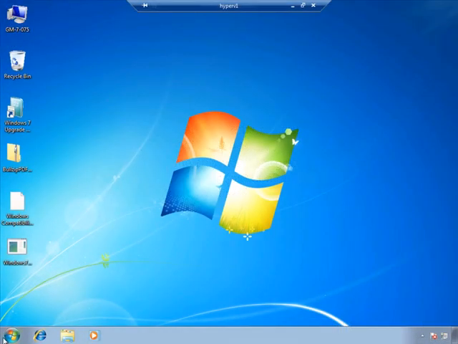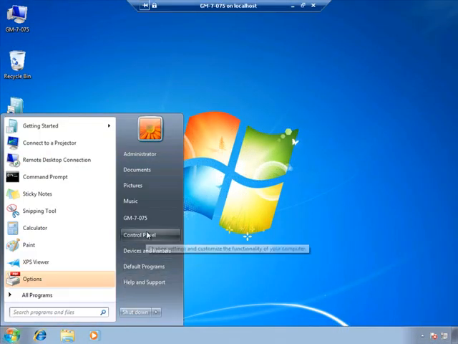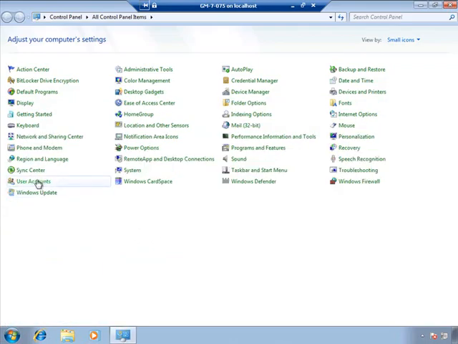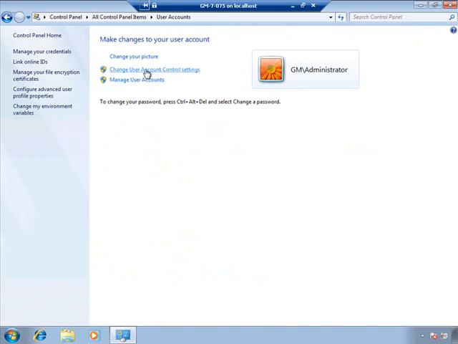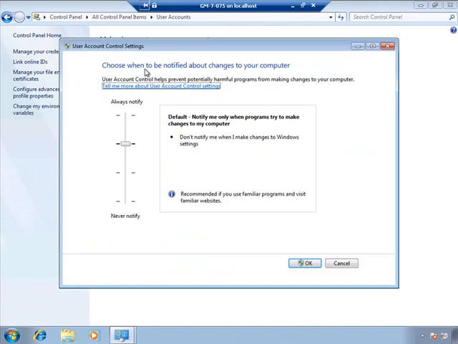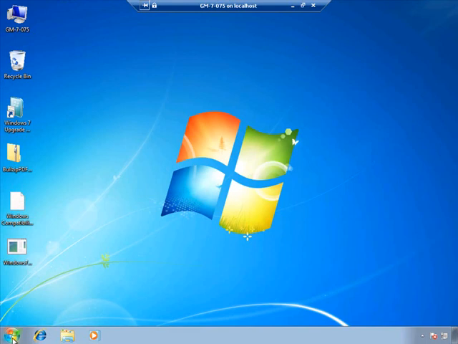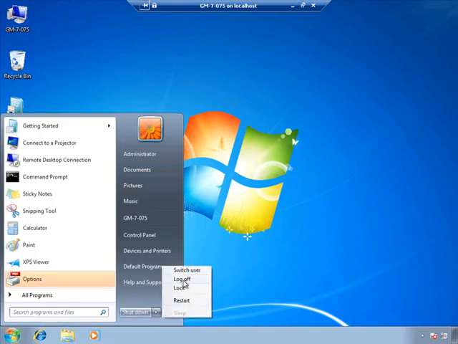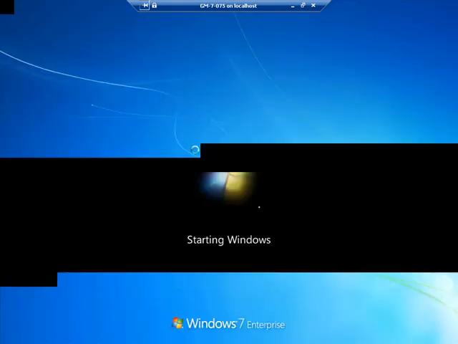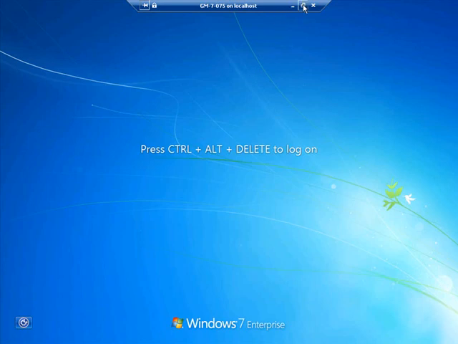Here we are. I'm going to go to the Start menu and choose Control Panel. Towards the bottom of the list, I'll choose User Accounts, and I'll choose to change user account control settings. Now you'll notice I did not get a UAC prompt. The reason is because I'm logged in as an administrator, and administrator is not subject to UAC in most cases. However, if I log off this machine, and then I log back in as Scott,